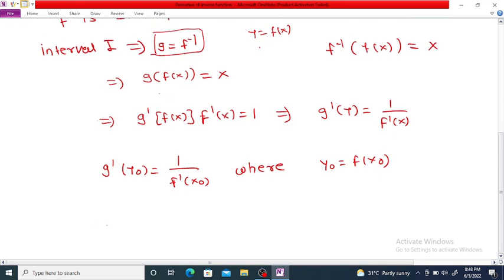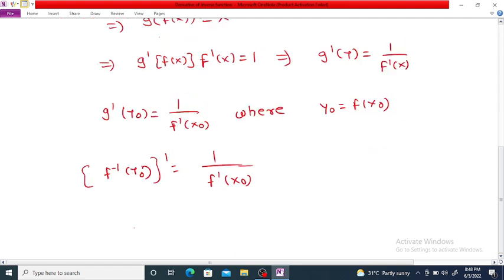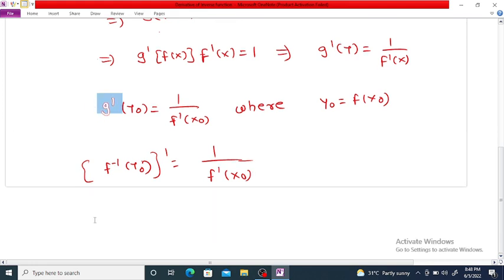So in general you can find the derivative of the inverse function as 1 divided by f dash of x0. So this is the formula. Instead of f inverse we write g dash. So now next, first example,